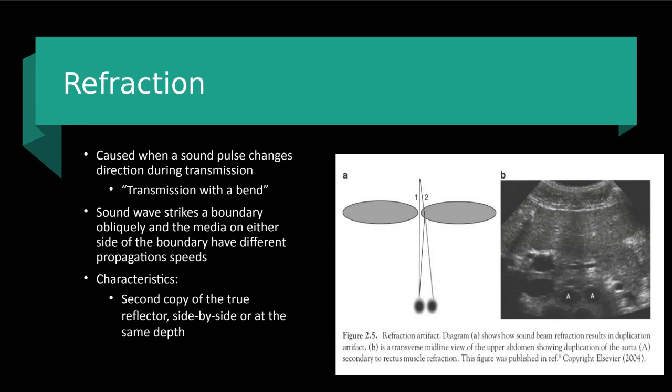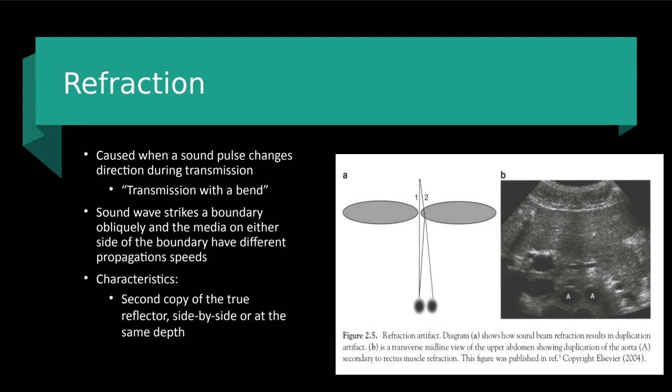So our sound wave is going to strike that boundary obliquely, and the media on either side of that boundary is going to have different propagation speeds, causing that change in direction. So the characteristics: that second copy of the true reflector is going to be positioned side by side or at the same depth. So if we look at this example here, this would probably really confuse you guys if you